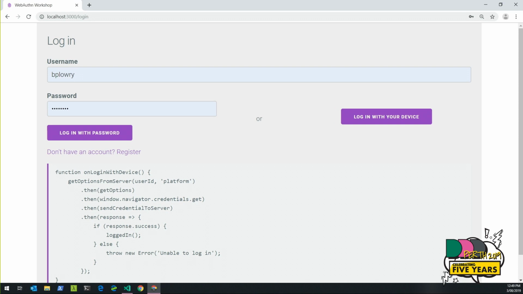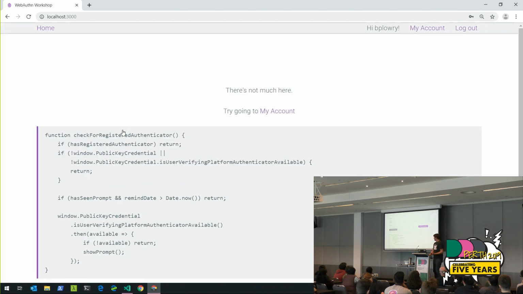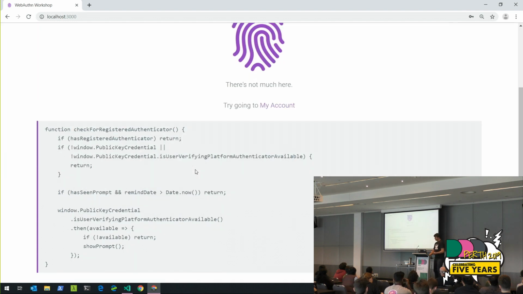This will be weird. So, when I can find my mouse, let's assume I'm already a user of this website. We'll call it WebAuthn because, I don't know, that's what the title says. So I might decide that I want to log in with my password because I have an existing account, and then I get onto this page. Probably what I'll do from there is check if they have a registered authenticator. So I've got some code at the bottom here, pseudocode-ish. You can't see where I've declared those variables, for example. But basically, you'll go see if they've already got one registered, or if they've ignored this prompt before, you won't show it to them.